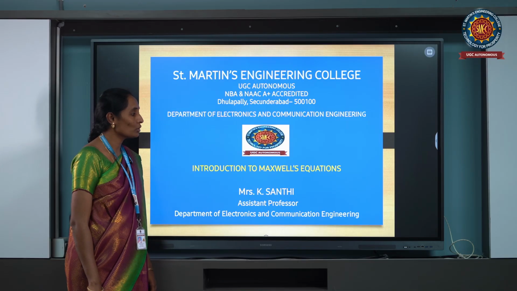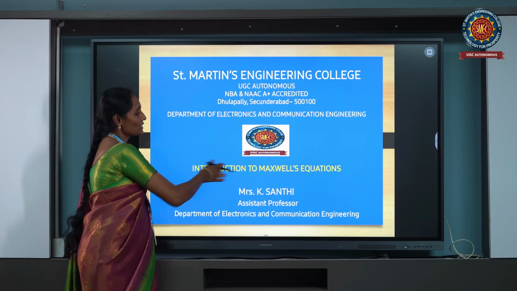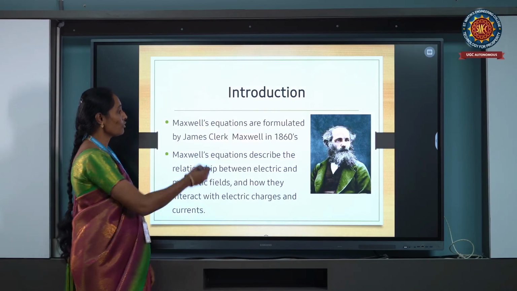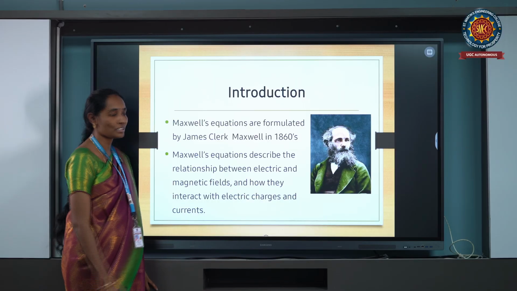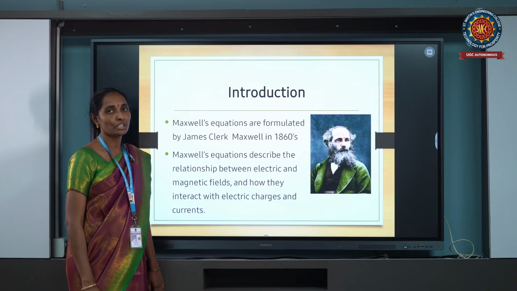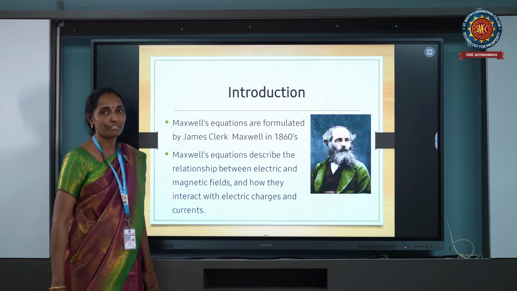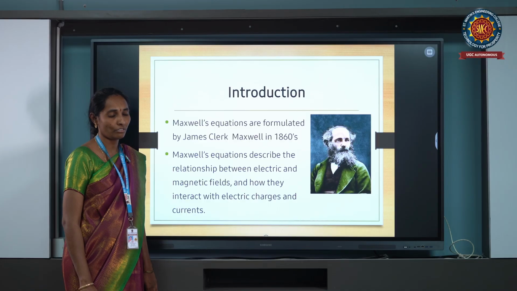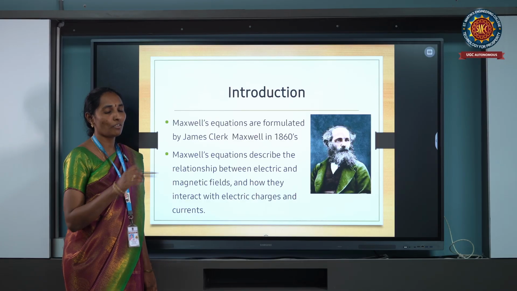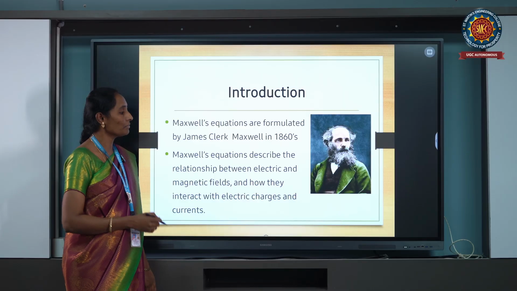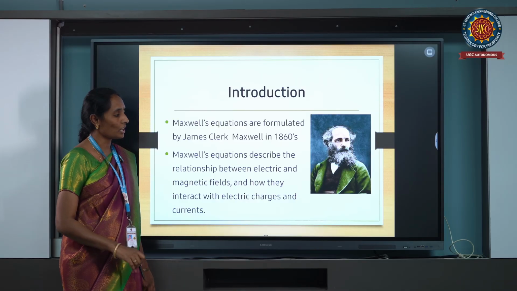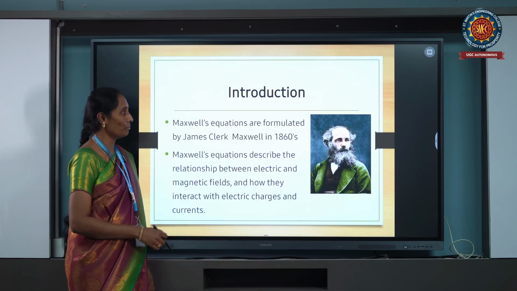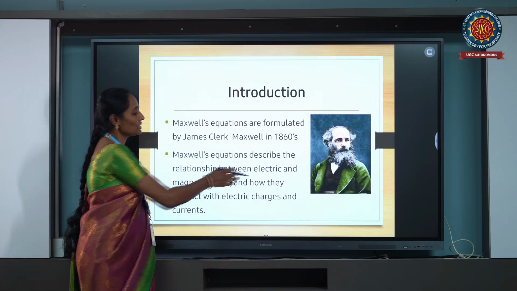Today we learn about Maxwell's equations. The Maxwell equations were formulated by James Clerk Maxwell in 1816. The main use of Maxwell's equations is to find the relation between the electrical field and the magnetic field. They are also used to find the properties of an electromagnetic wave when the wave propagates from one medium to another medium. And these equations are used to find a field component if you know any other field component. This is the introduction to Maxwell's equations.